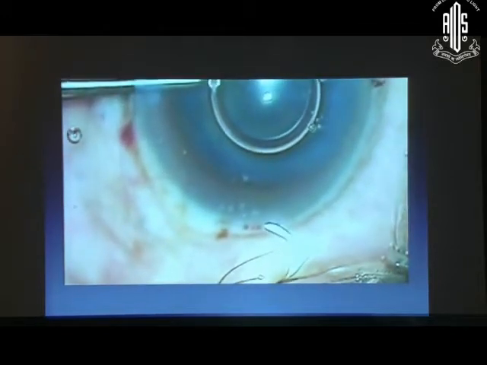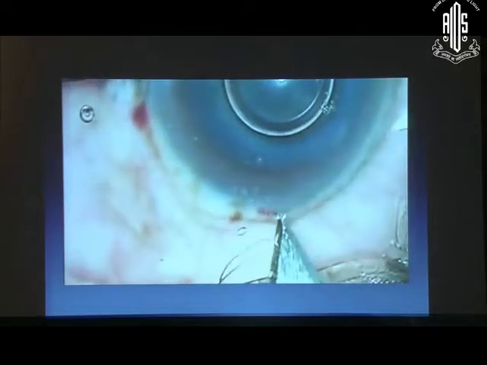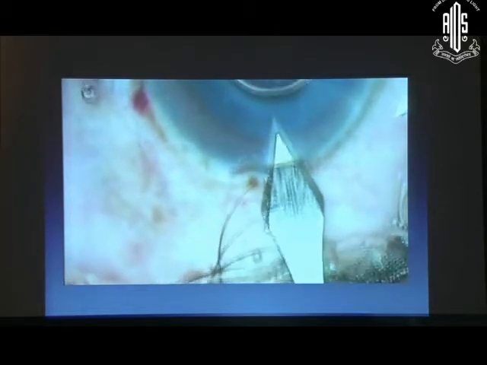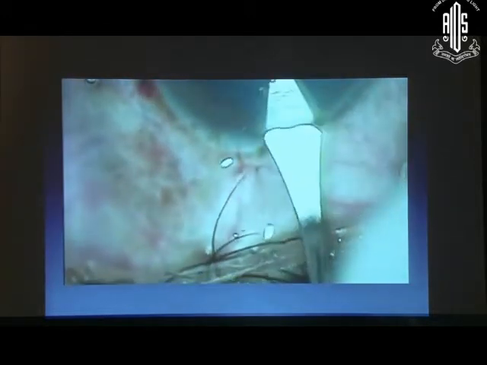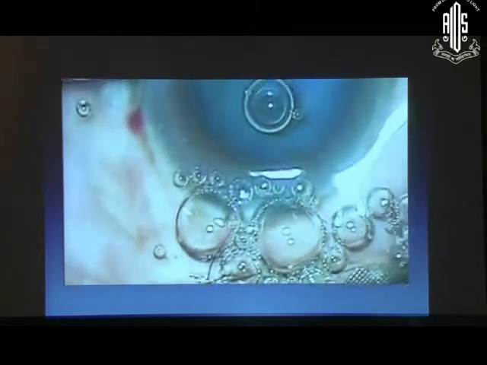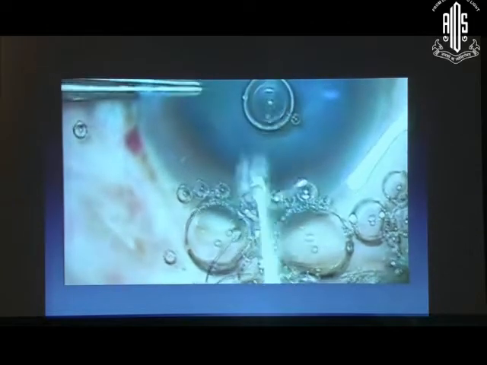You take a diamond knife. So the width of your incision is obviously predetermined, whether it is 2.2 or 2.8, depending on your keratome. What's important is it has to be placed parallel to the iris plane, and then when you go 2.5 millimeter into the depth of the cornea, you can cause an entry into the anterior chamber.